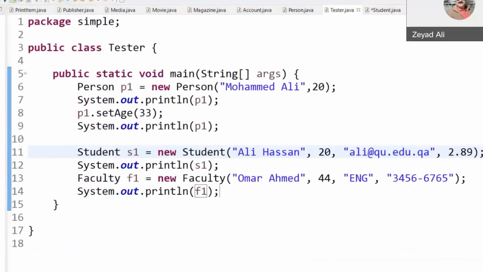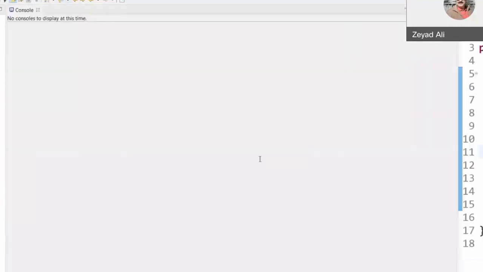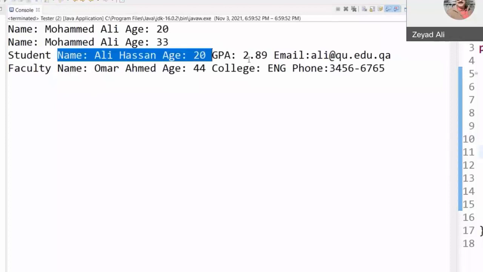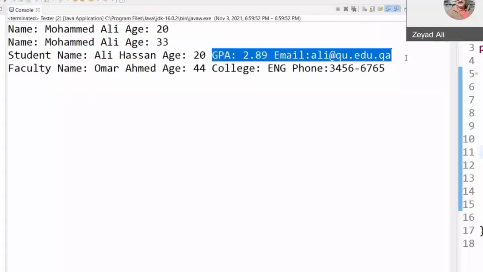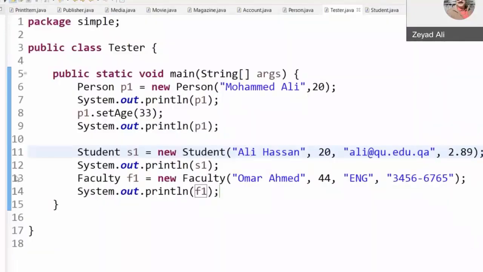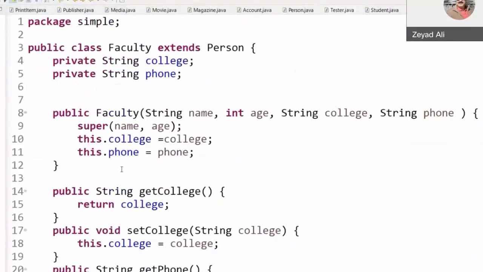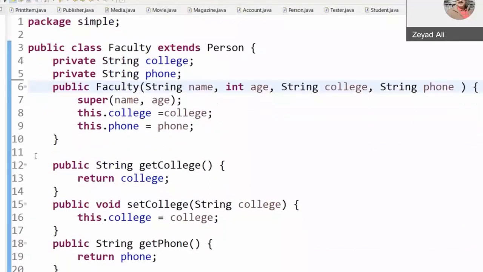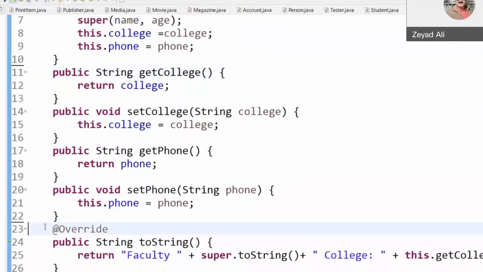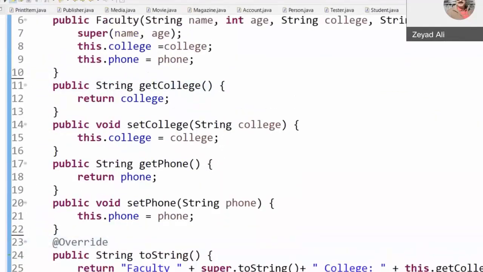Let us just do this and run it. See, student, then name and age, then the remaining attributes from the class, faculty, and so on. The good thing about inheritance is you don't have to repeat the code, and everything in the superclass is available to you. If it's non-private, then it's usable in the subclass.